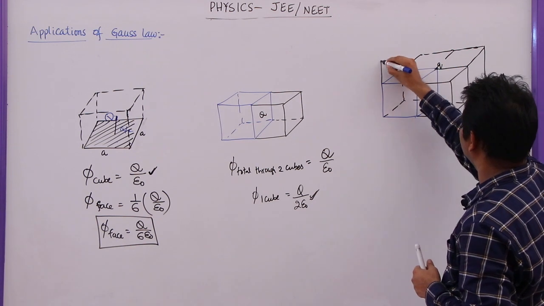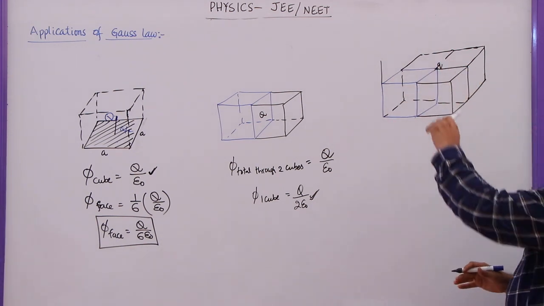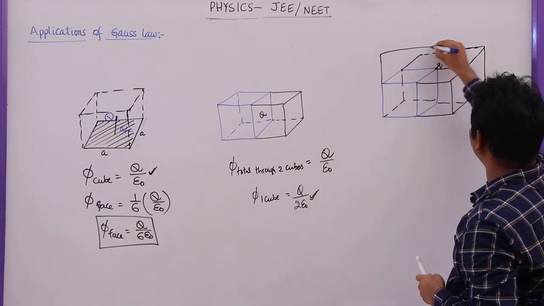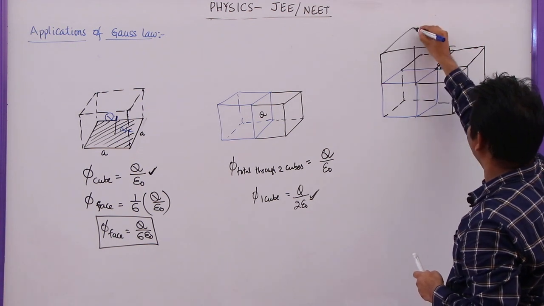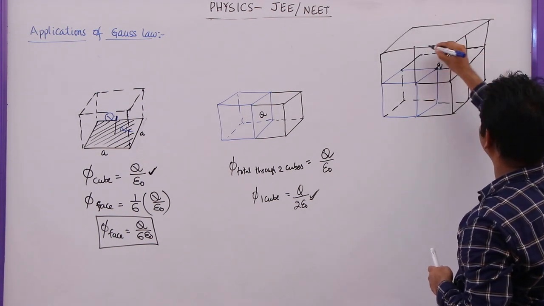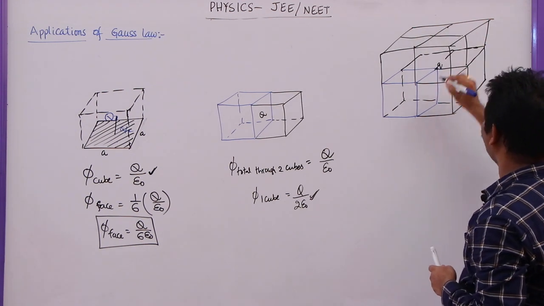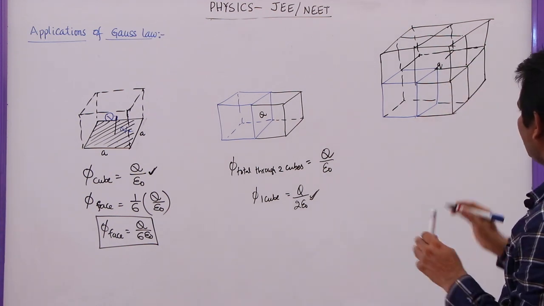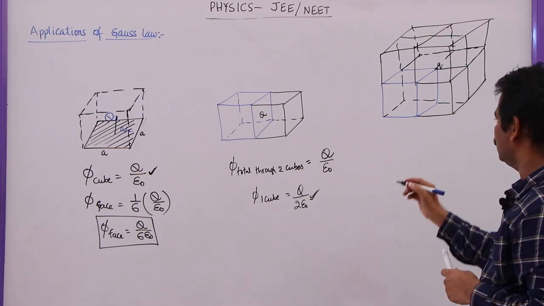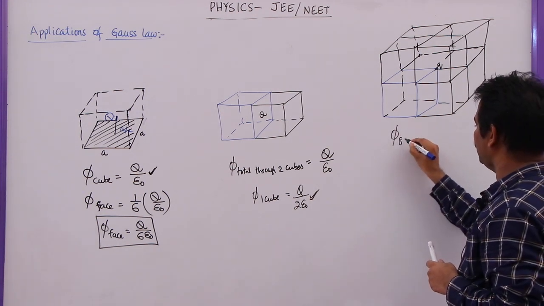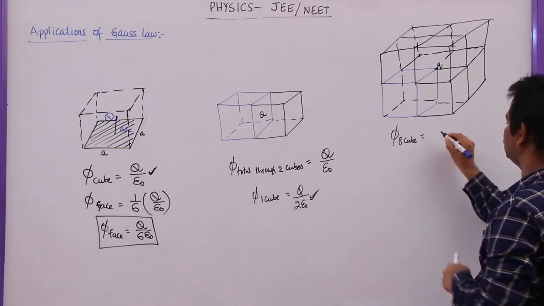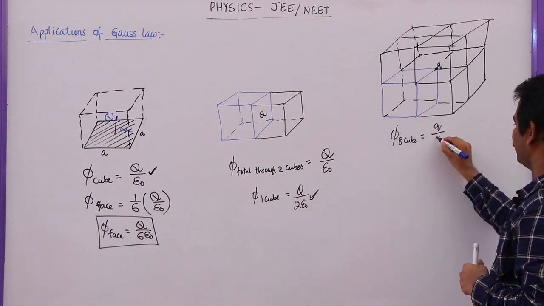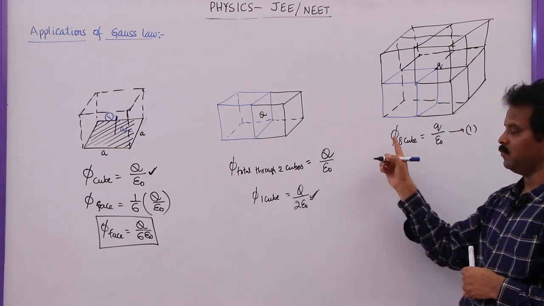total 8 cubes, because when I kept 4 cubes, half of the charge will be enclosed only on the bottom. So to close this one, I am going to use 8 cubes here. Now the total charge is enclosed completely. So now the charge is at the center of 8 cubes. So what is the flux through 8 cubes? The flux through 8 cubes is given by the charge at the middle of these cubes enclosed by all these 8 cubes by epsilon naught. This is equation 1. This is the flux through the 8 cubes.